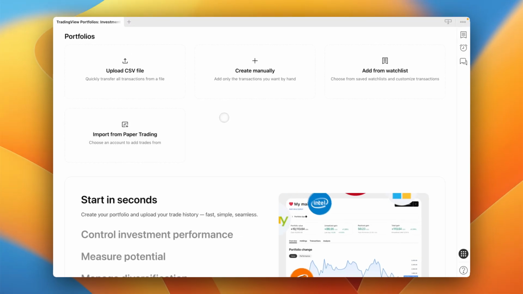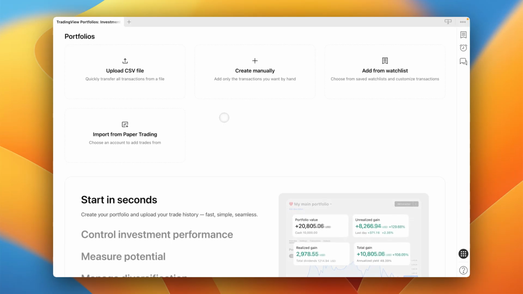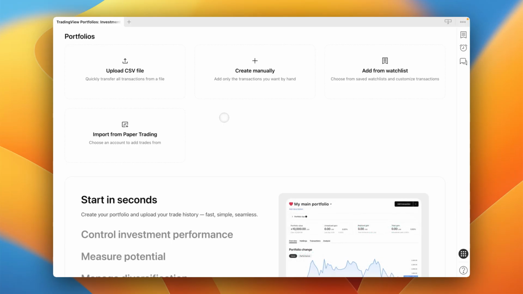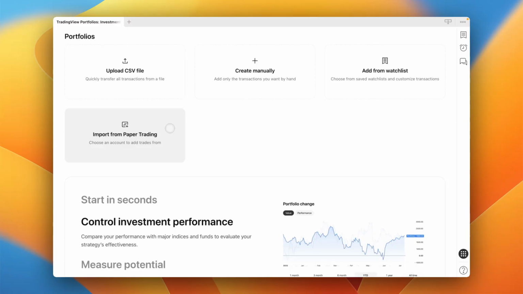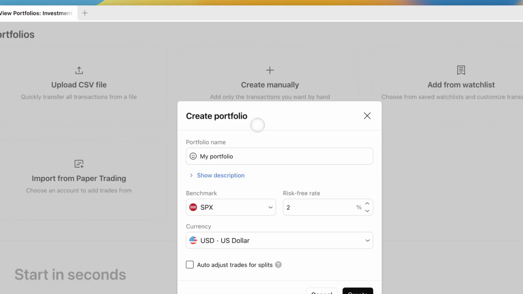You'll load up on this page. Now you can either upload a CSV file with the tickers you have, add it from a watch list, import from paper trading, but let's create ours manually. Now let's name it something. Let's name it